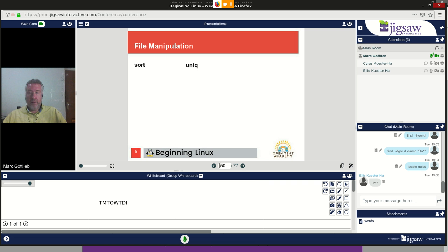So what we're going to look at next week, when we look at combining commands using the pipe and the output, things that I hinted at this week, is that we would sort it, and then uniq, which would take out any of the duplicates,